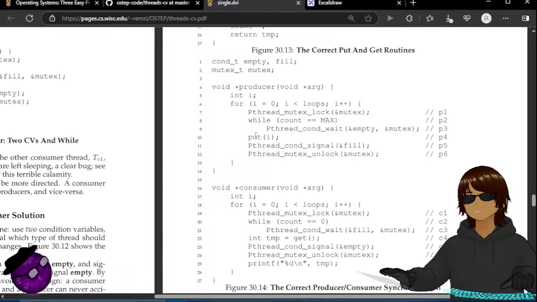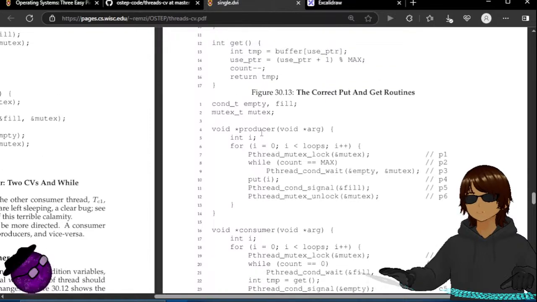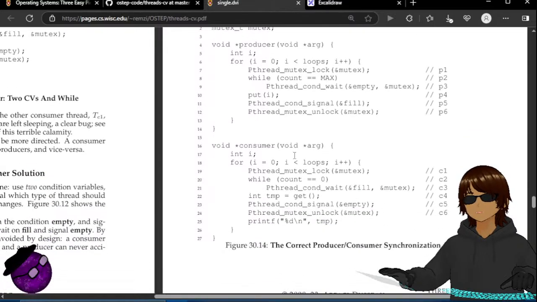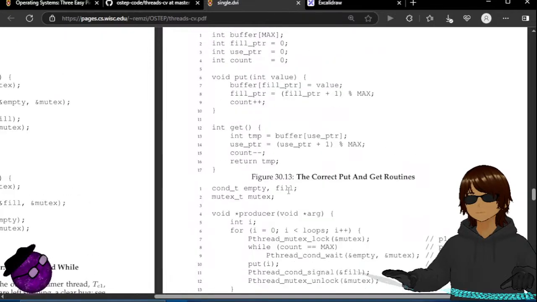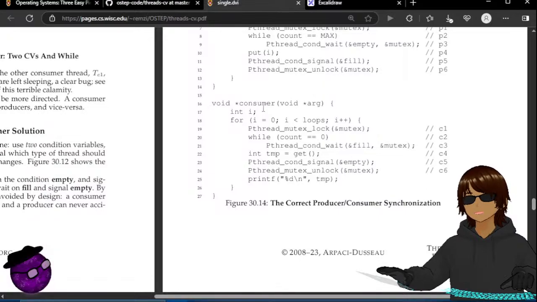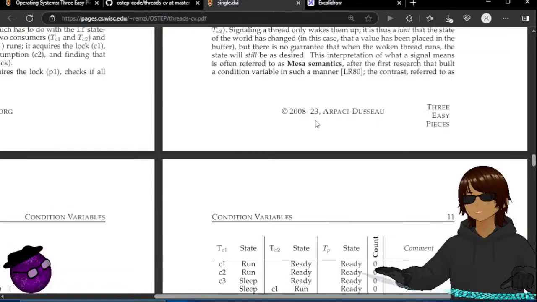So we are putting integers from 0 to loops in the buffer, and then we are taking out those integers here. I don't get the for loop though. I think they mentioned